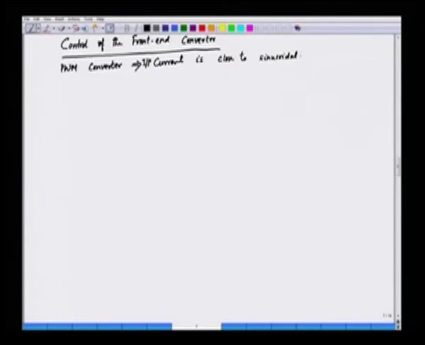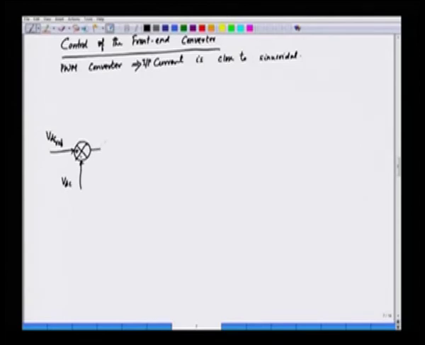So, what we do here is that we want to maintain the DC link voltage constant. So, we start with a DC link reference, that is VDC reference, and we compare that with the actual VDC,